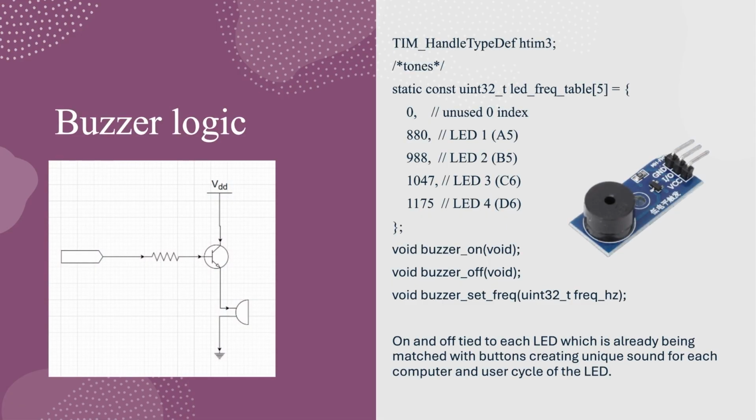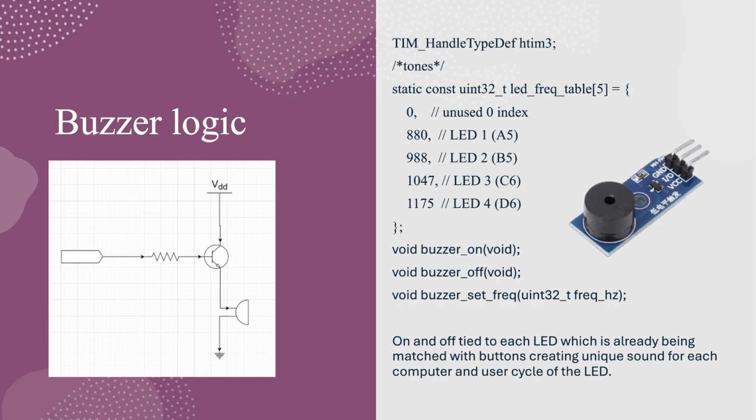For the buzzer, we used a passive buzzer, which allows different frequencies to create different tones. This is a single tone buzzer, and it's reacting to a PWM signal. The reason this works is the simple circuit diagram shows that there's an NPN transistor that allows us to be frequency sensitive, which was great for us because that means we could use the timer handler to generate the PWM, and by adding the prescaler and making it a